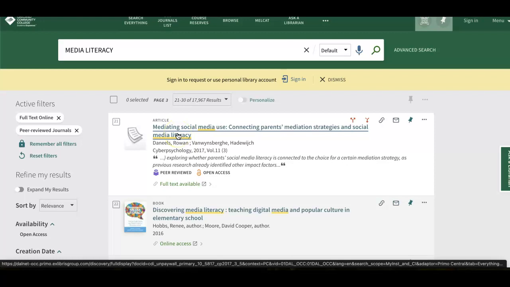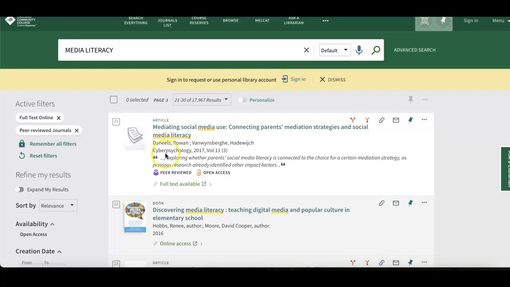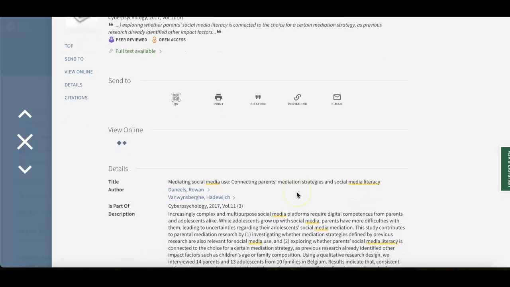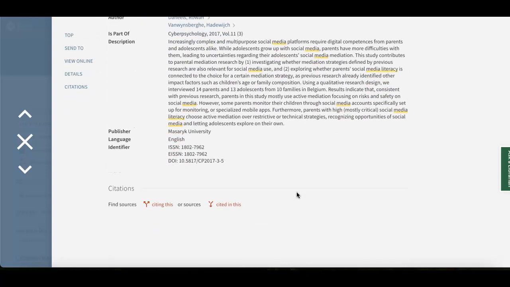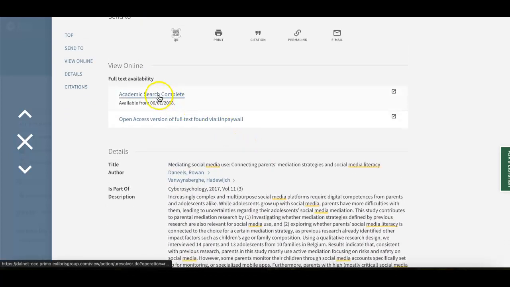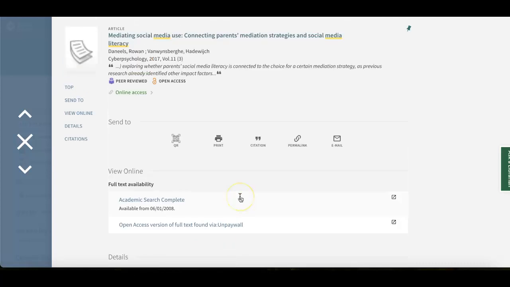Here, for instance, is one with an actual research report, an article written in cyber psychology about this topic, mediating social media use, connecting parents, mediation strategies, and social media literacy. We click on this one, and I can get my full online access from a couple of different places. This is Academic Search Complete and Open Access here.